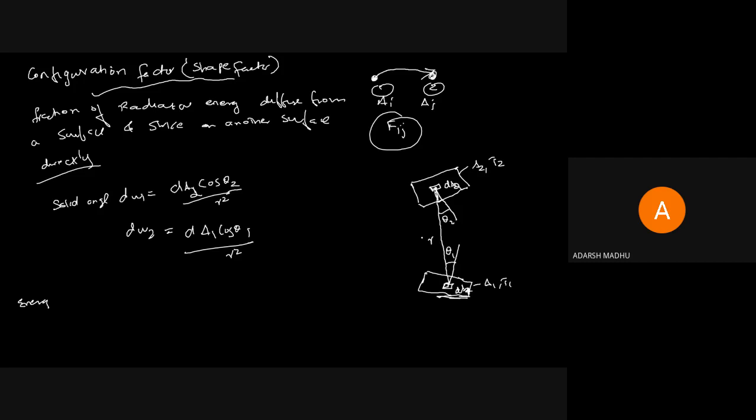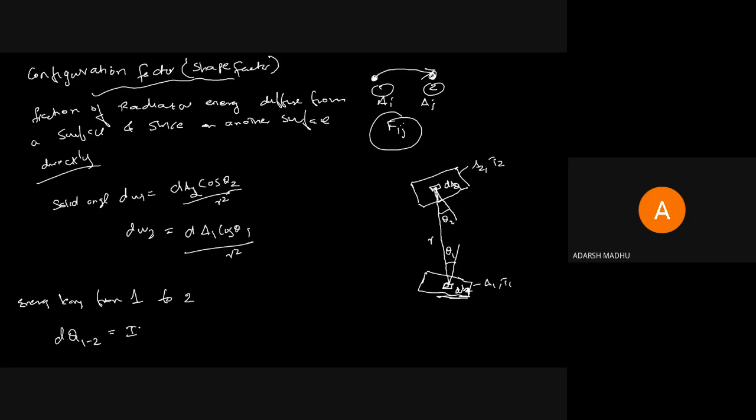So here, energy leaving from 1 to 2, dQ of 1 to 2, can be written as, skipping the derivation, I am writing the equation as